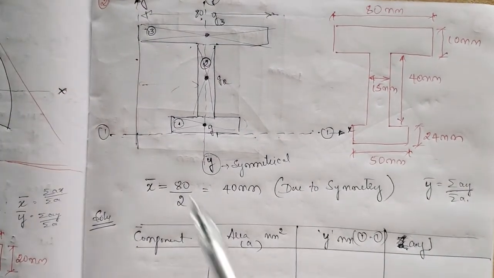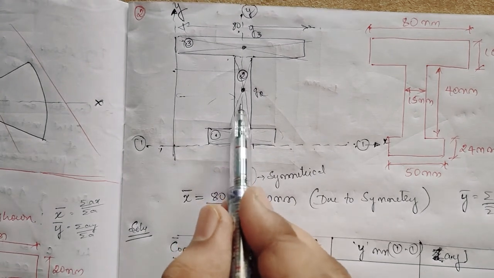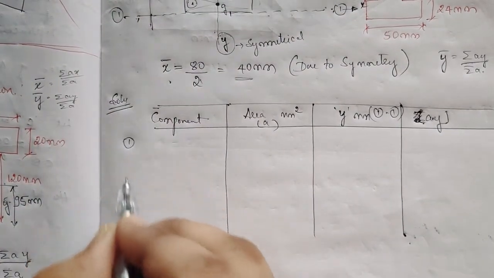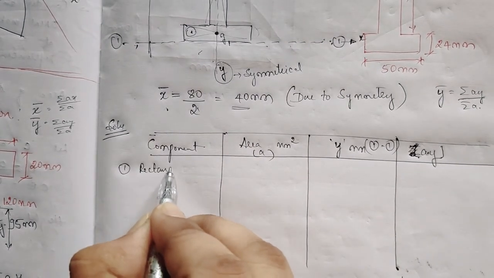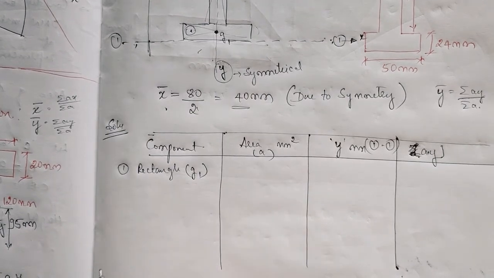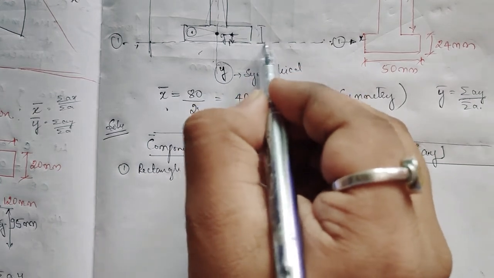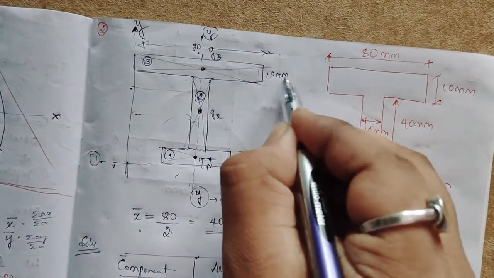Okay, see the figure now. This is the x, y reference coordinate. From this, the centroid we get on this axis, but its x distance due to symmetry we got, that is 80/2, that is 40 mm. Now we have to find for y. So first I will take the first one, that is this rectangle 1, G1. What is the distance from the bottom reference axis? It is 24 mm, right? So this is 24 mm, this is 10 mm,